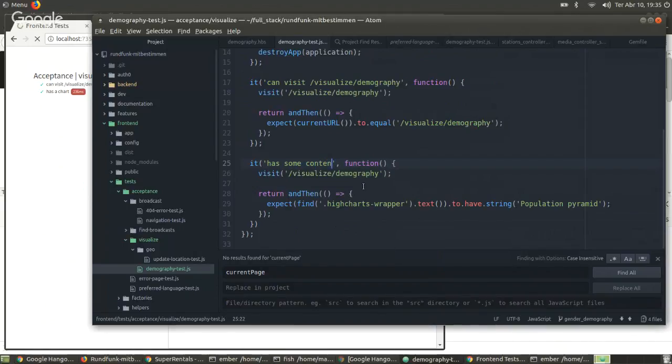So we need to. Well, this is very generic. Yeah. I mean, it's not testing to see if the title is population, but yeah, it's just testing to see if it has the text, right? Maybe just say it has a population pyramid. This is kind of weak because you're just testing there's a title somewhere, but honestly, I wouldn't test. There's got to be a way to be a little bit more specific and test for a specific, for